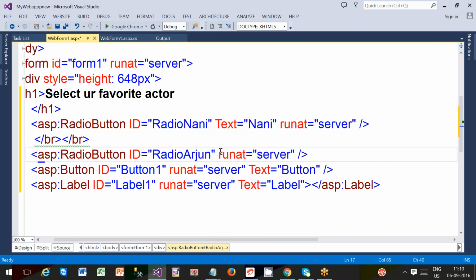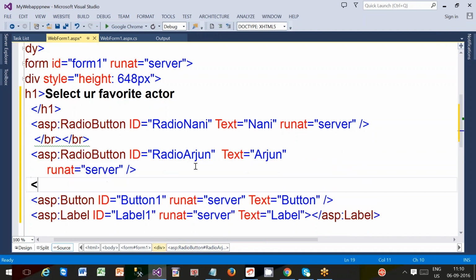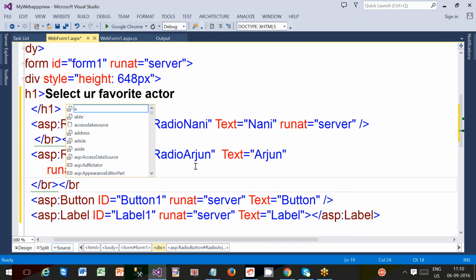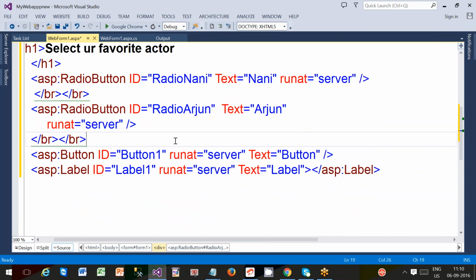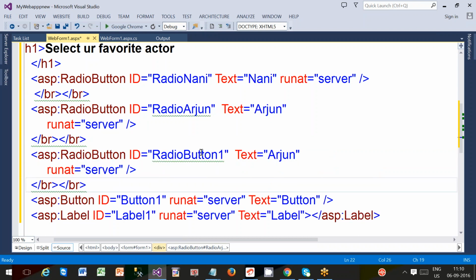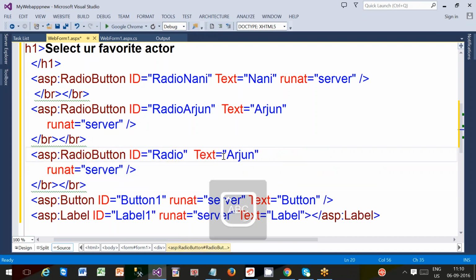And coming to radio Arjun. This is the design I have given yesterday. Text equal to Arjun, runat equal to server. This code will create the second radio button. Here break, here again break, and we need one more radio button. Now that radio button is radio, some actors, radio Mahesh, and text equal to